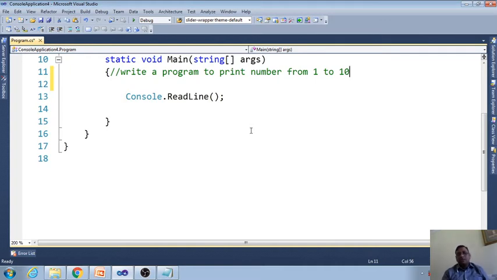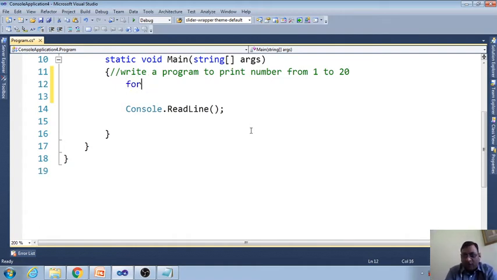Okay, not 1 to 10, let us give 20. Here in this program we are not going to take any value from the keyboard, because both values are given, so there is no need to declare any variable.